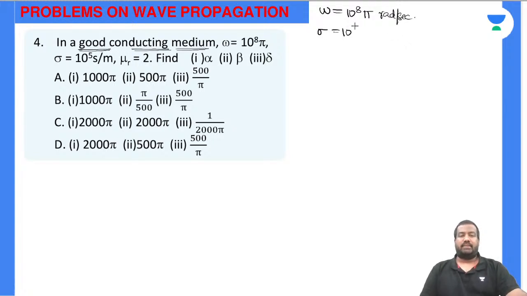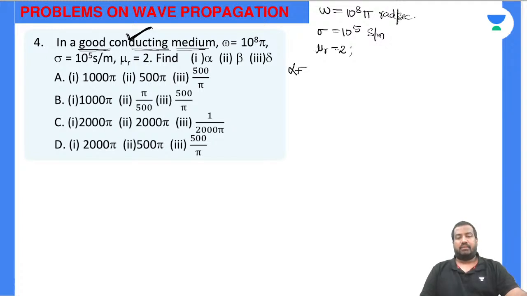Sigma is 10 power 5 mho per meter or Siemens per meter. Mu r is 2. Given that it is a good conducting medium, a good conductor,